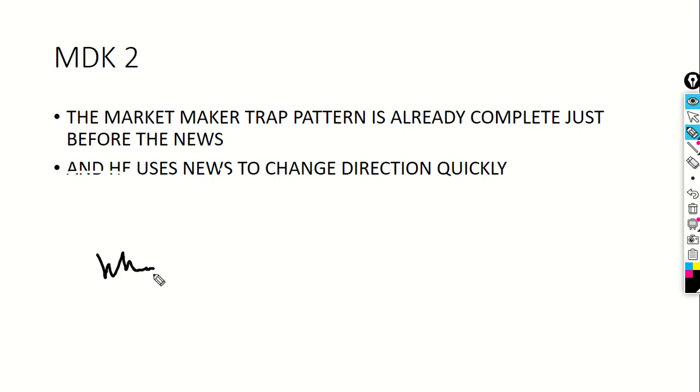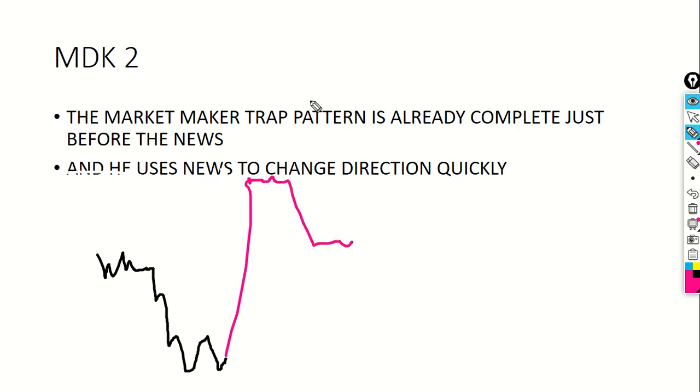consolidation in a stop band. Okay, something like this. The news event, the news is now about to be released. Upon the release of the news, the market maker will make an aggressive move to the high. He has completed the pattern, he will pull off back into consolidation. I think I've drawn this cycle for you. Now you know it. If you don't know, I think I've told you to go and watch the recording. Okay, so he's using the news event to push from the low to the high in one move.